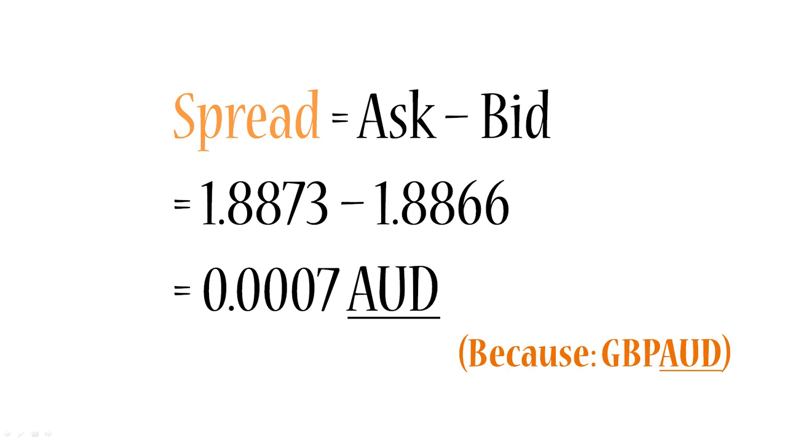And this is in Australian dollars because the currency pair is British pound Australian dollars. So Australian dollar is the quoted currency. Remember our examples with apples. So British pound here is like the apple, and Australian dollar is the currency that it's been valued in. So in this instance, the spread is 0.07 of an Australian cent, which is very low in our kind of